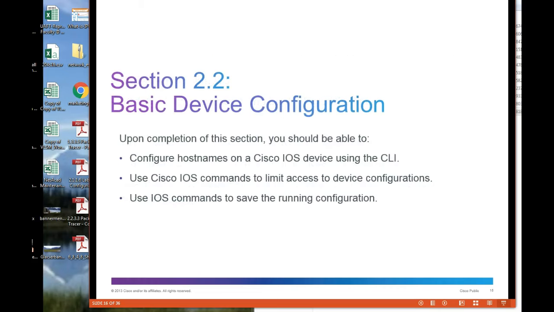So the basic device configuration, the most basic, is how to put on a host name, or to use